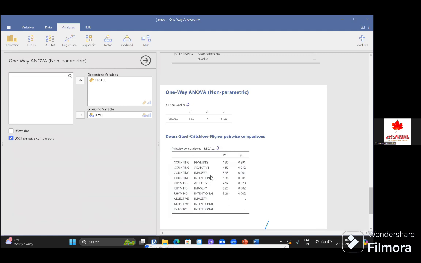This is the pairwise comparison in case of Kruskal-Wallis. Now, what I want to tell you, I'll first